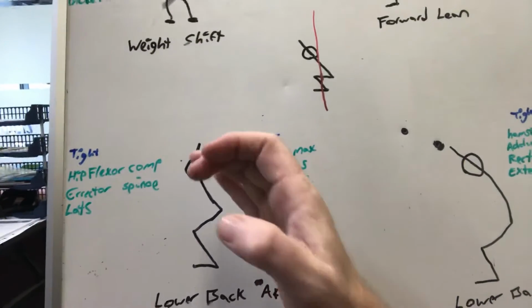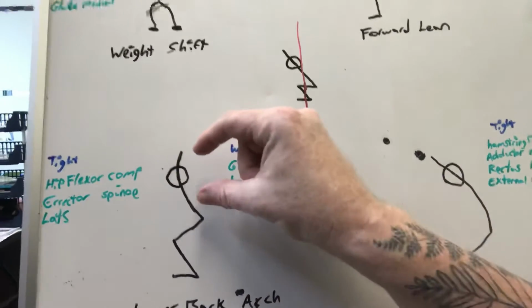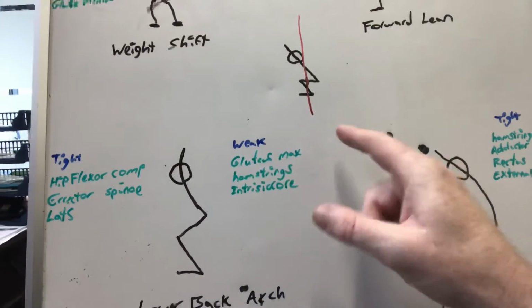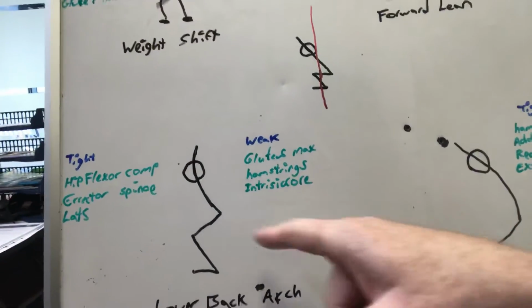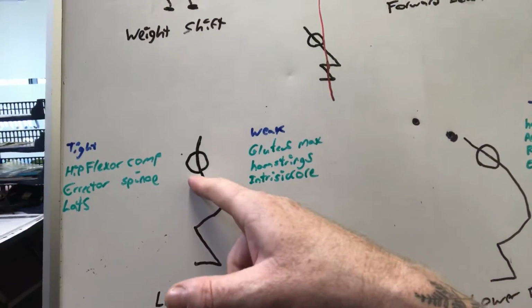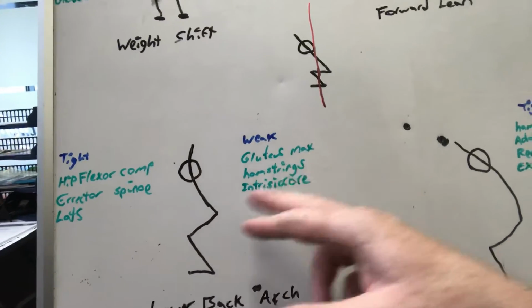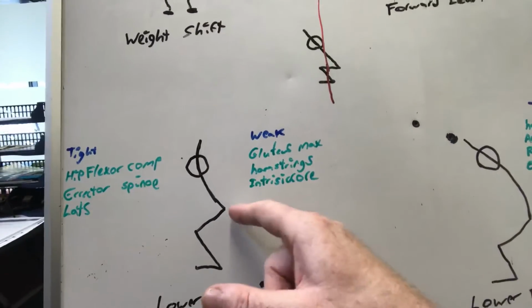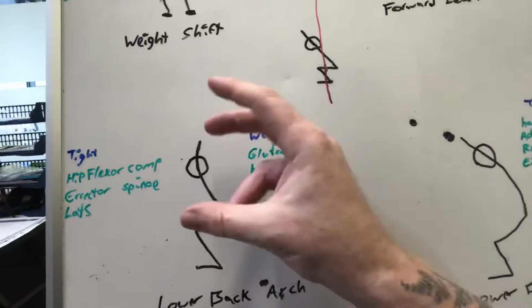So that's quite tight too. The lats will be quite tight, so it's bowing you back through the back. What's weak is your intrinsic core stabilizers. So right here is quite weak and stretched out. Hamstrings will be quite weak too, and glute max will need to be activated, because that'll be quite weak in